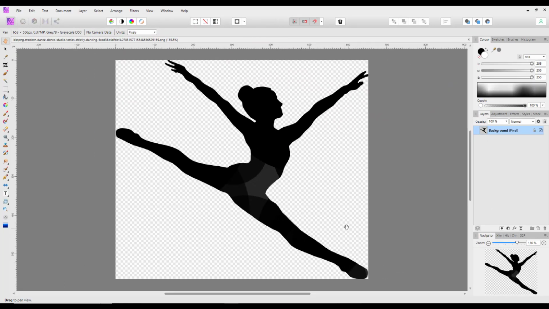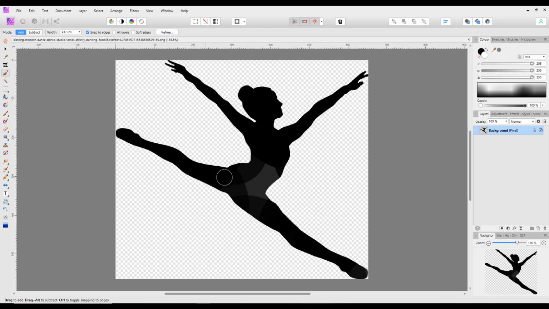Okay, so I've opened the silhouette file which I downloaded. Now there is one problem with this particular silhouette, in the fact that it's not solid colour. As you can see, this section here is very faded and slightly faded just around it, and also down here in the toe area is just not a full solid black. Now I want this to be a full solid black, so what I'm going to do is